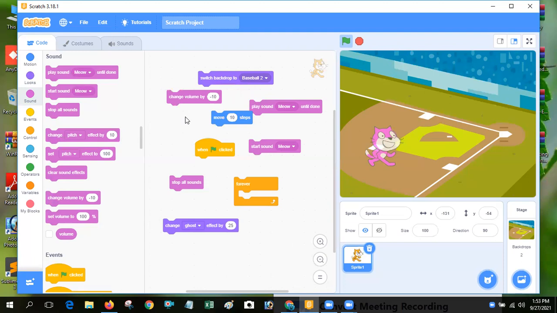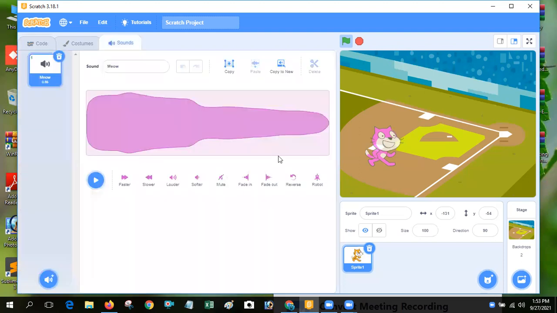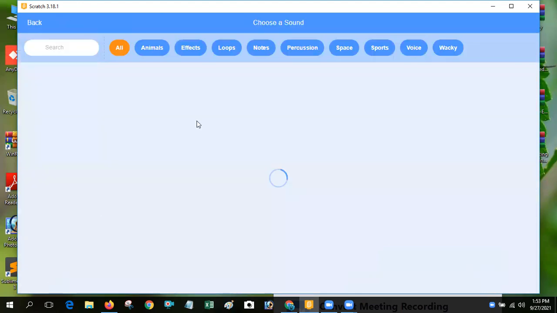Next, you can see how to create a project using the sound block. So how to create a project using the sound block? Simple. Just click on sound and upload your sound. And choose the sound which you want to insert.